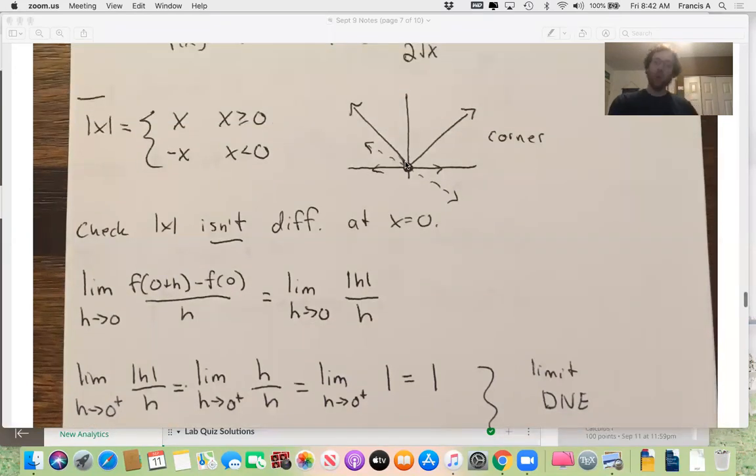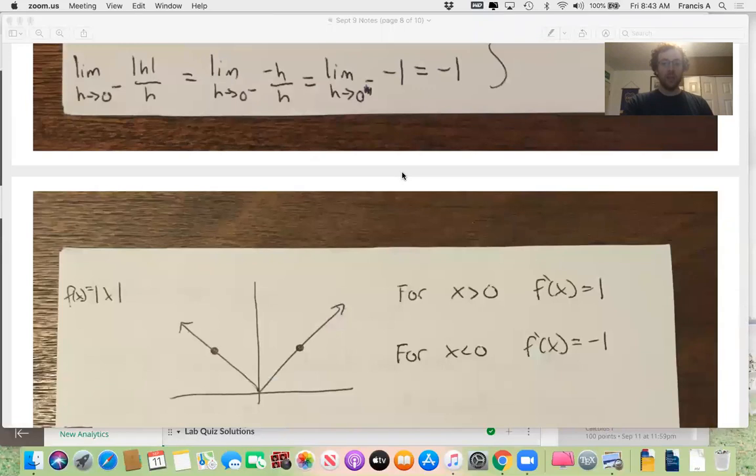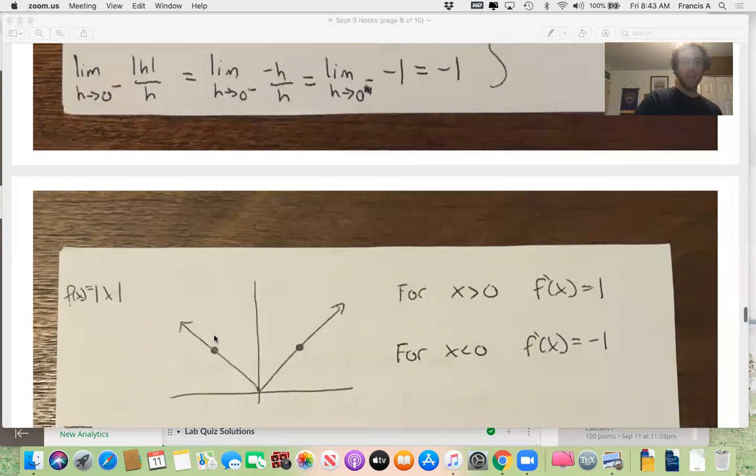So this is another point where a function can be continuous but not differentiable. So the limit is 0, the function value is 0, but we don't have a tangent line. But 0 is actually the only point. If you go greater than 0 or less than 0, the derivative to the right is 1 because you're on this line with slope 1. If you're to the left of 0 and pick a point, you're on this line with slope negative 1. And